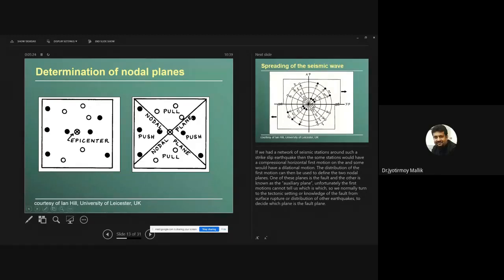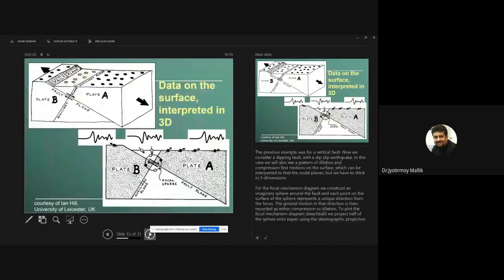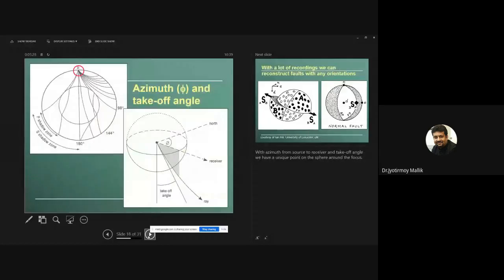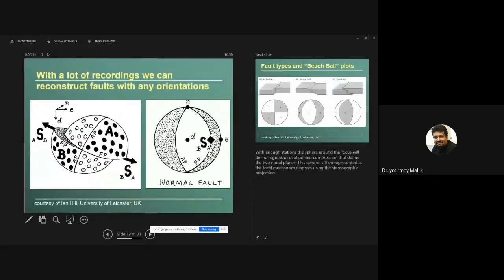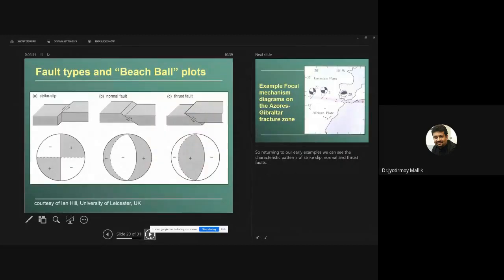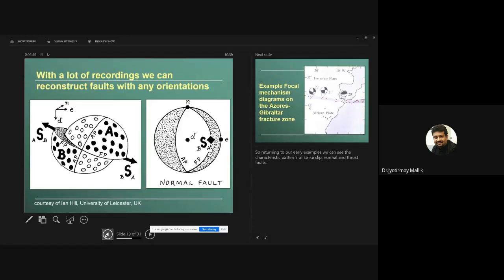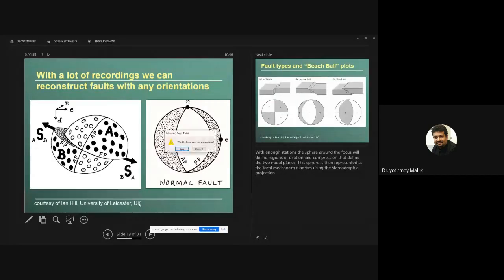All right. Here you can only say that this is the normal fault, as you can see. Now, of course, this is one plane, this is another plane. So here they have denoted, maybe they have got some other evidence, that this is my fault plane, and this is my auxiliary plane. Now let us look at a thrust, which is not given here. We can do it by ourselves.